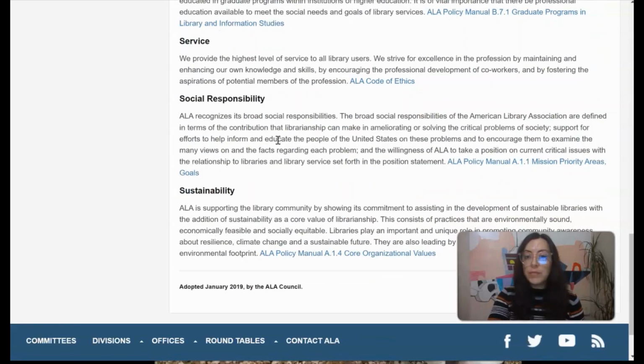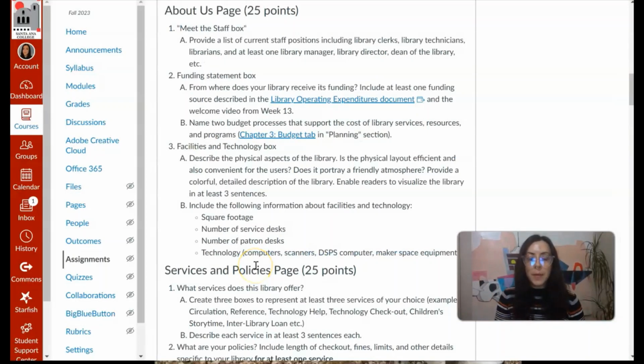And then you're welcome to add your own values for a maximum of 8. The About page is very technical and very straightforward. Remember, this is a dream library and these details do not need to be realistic, they just need to be present. The point of this page is for students to demonstrate an understanding of these elements as part of library